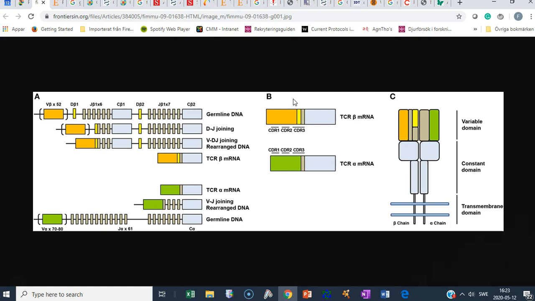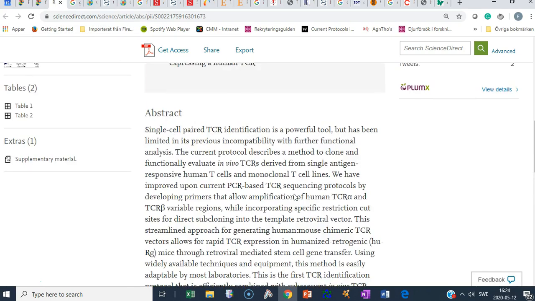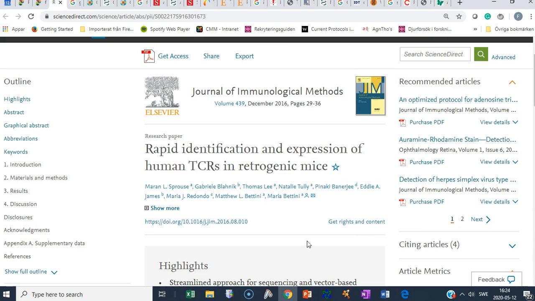I'm not going to go into the math there, but I think there are roughly 10 to the 10 different TCRs in the human adult body. The potential different TCRs that could be found are much higher. I don't know if it's 10 to the 18 or something like that. But randomly putting these things together generates a lot of variability here. And I should say this figure comes from this paper here. So what we are doing is basing our studies on work by the Bettini lab